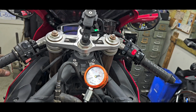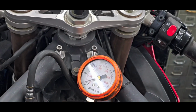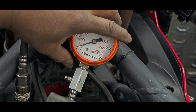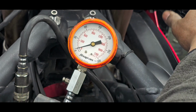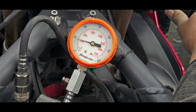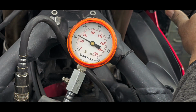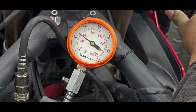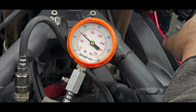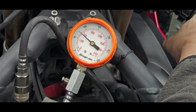I'm going to squeeze the clutch lever over here, and we're going to just zoom in on the gauge so that you can watch real time what I'm doing. You see that? Yeah, okay. And with this hand, I'm going to go over to the starter button and hit the starter. Here we go. Oh, come on. Okay, we're going to call that probably 70 PSI,